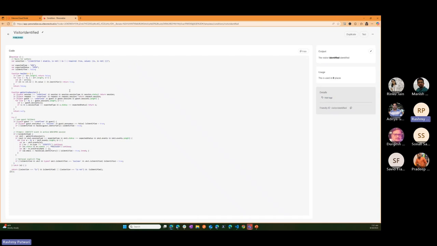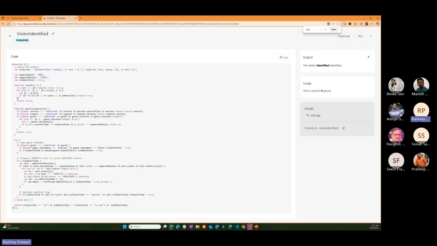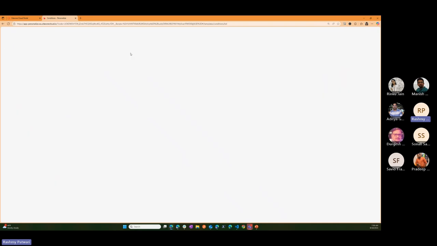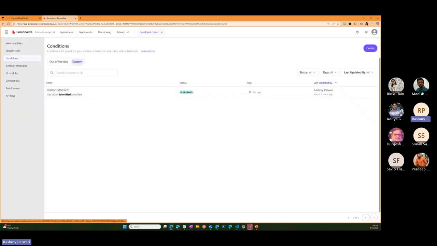I published it right now, so I can't edit it. But this particular condition is looking for the identity event, whether the visitor has identified themselves. Based on that, it returns a true or a false, is identified or is not identified. Then I can use this condition in an experiment or an experience.